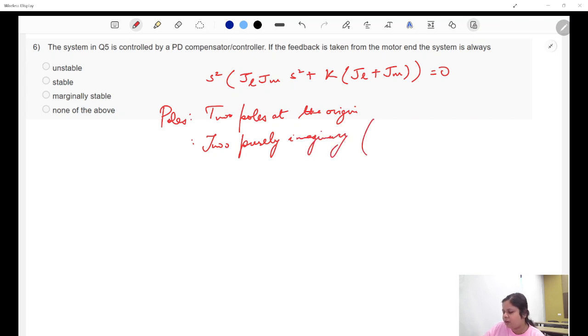Imaginary, let's not write it completely. I'll write plus minus j omega. Omega will be the other term. So the open loop system is what? There is no damping in the system. What should be the answer to this question? It is without the motor feedback as of now. It is just the system. So what is the stability of the system?